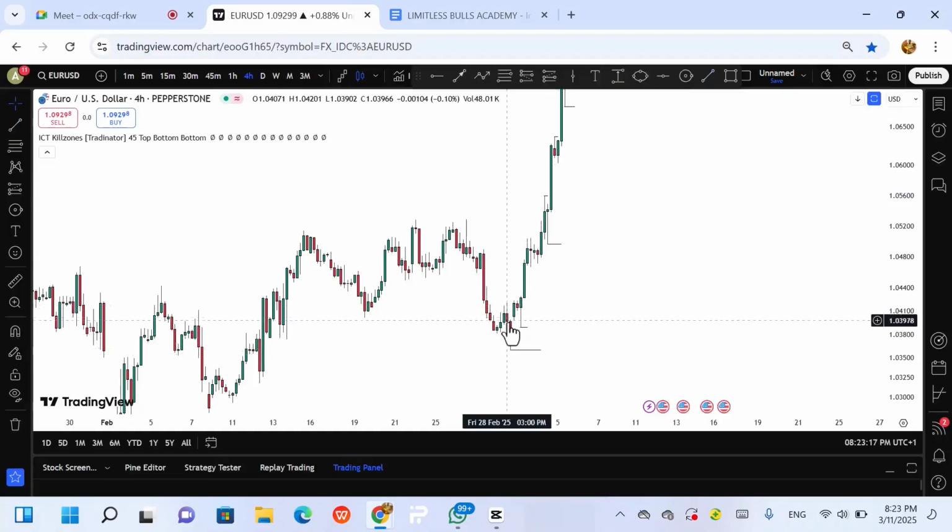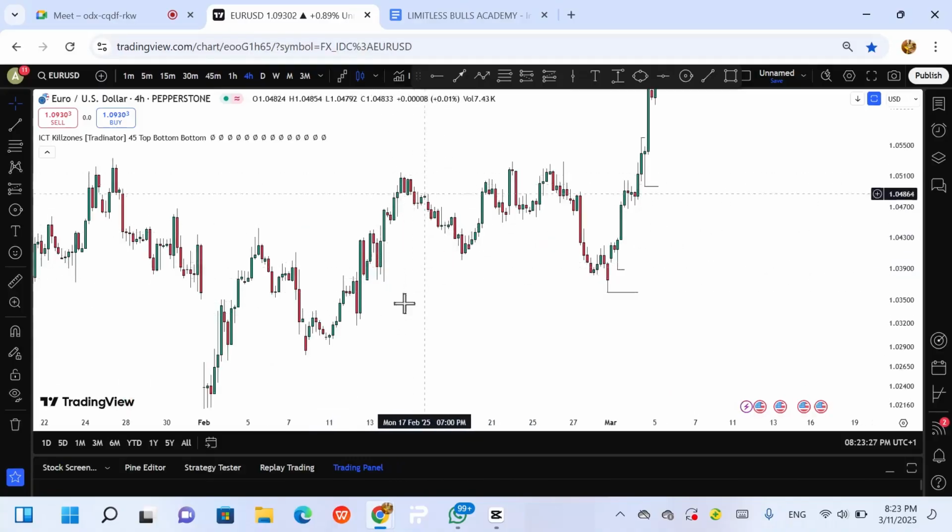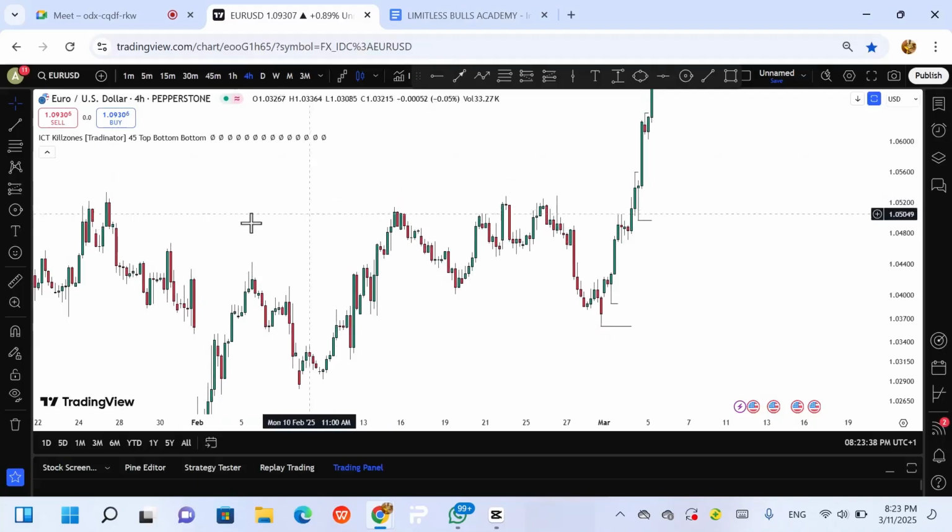After this swing low was formed, boom, market started buying. After this swing high was formed, boom, market started selling. After this swing low was formed, boom, market started buying. Swing high, market sold. Swing low, market bought. Swing high, market sold. So you can see this now, and we can get different swing highs in different